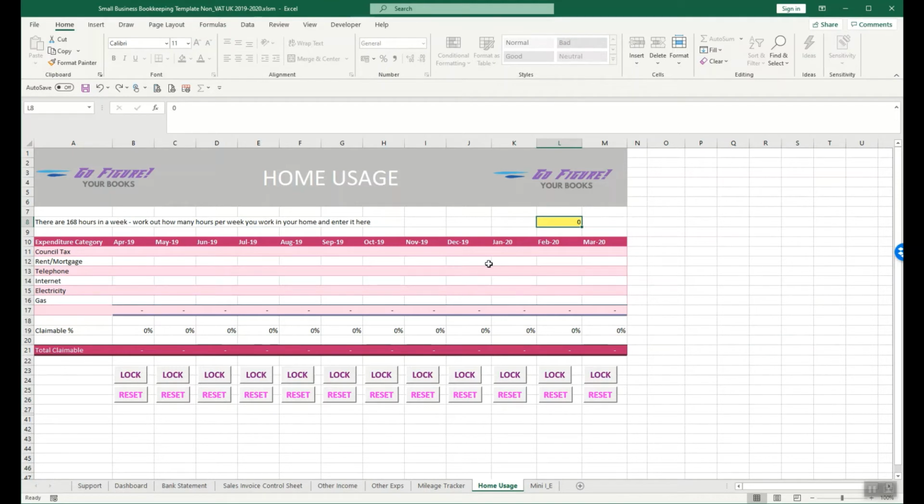So this is where I put a percentage. Say for instance, if I do work 40 hours in my week, it automatically puts down a percentage claim. I can claim 24% of my council tax, my rent, my telephone. So I'm going to start putting some information in here just as an